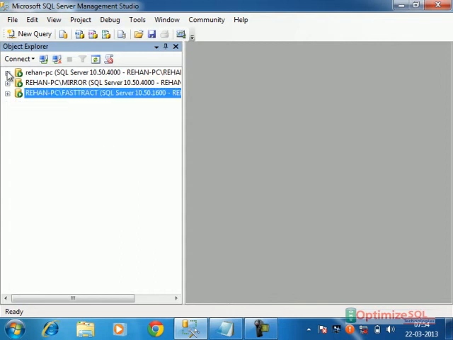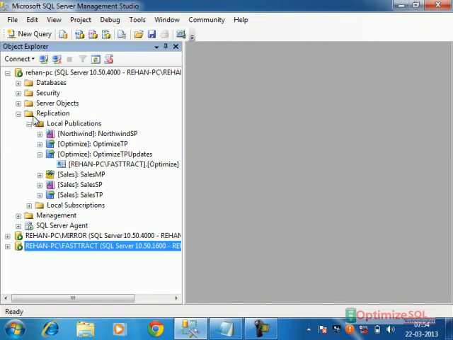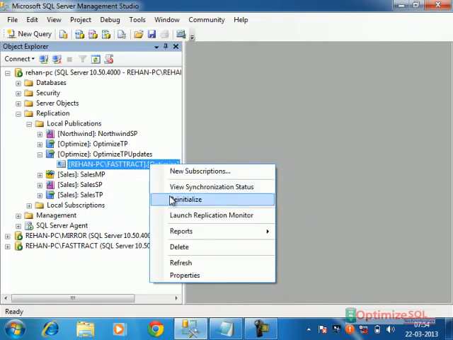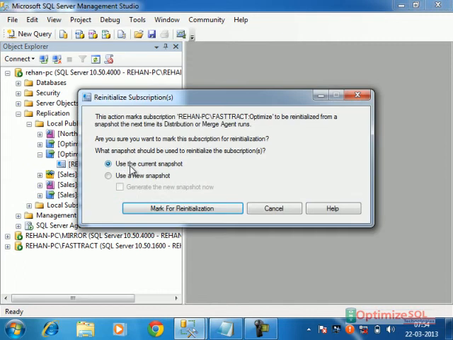Okay, once that is done, I will ask to reapply again. Go back here, right click on the subscriber, reinitialize, reinitialize using the current snapshot. Why? Because the first time itself it was not applied.